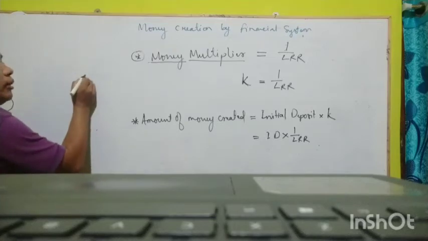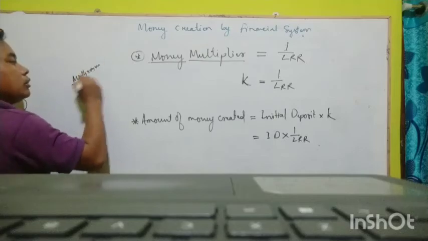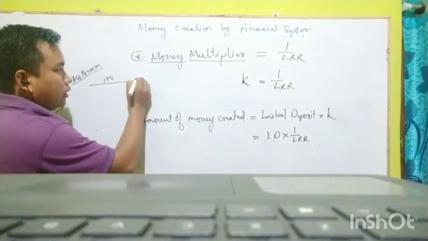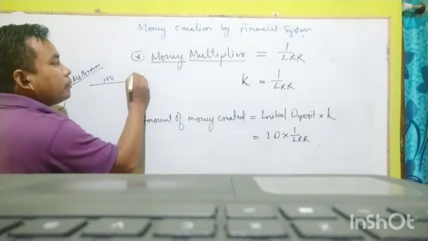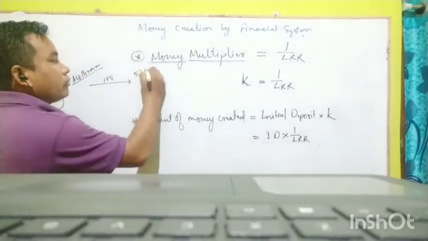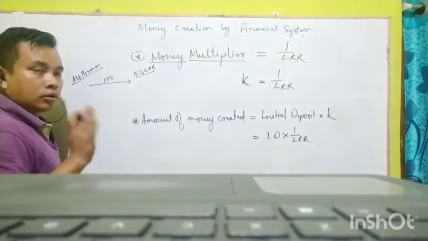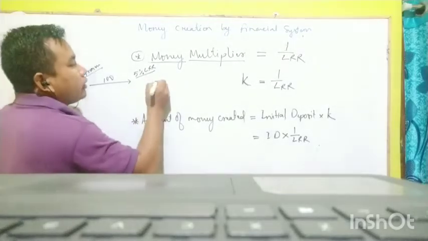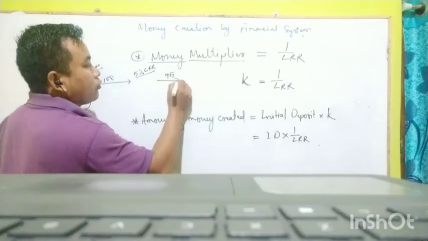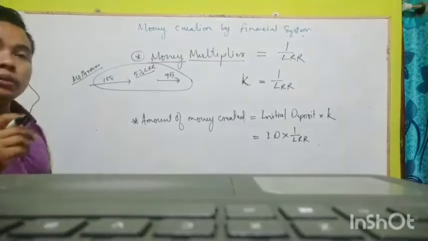Let's say this is the case example of a borrower. The borrower deposits rupees 100 to the bank. Out of that rupees 100, 5% is deducted as CRR, SLR, the legal reserve ratio LRR is 5%. That means out of 100, 5 is deducted and 95 rupees is circulated. So because of this whole circulation, how much extra money will be created?